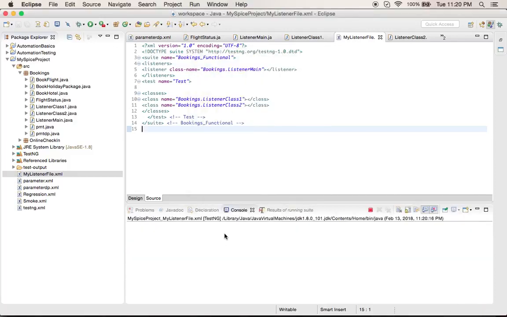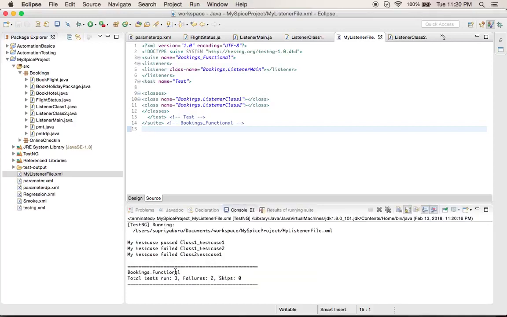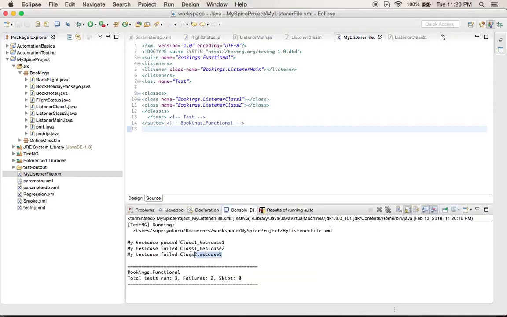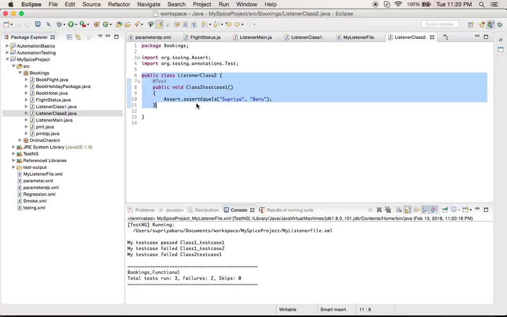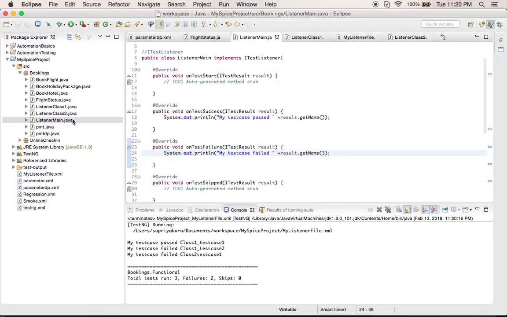So you should see two failures here. Alright. So if you see, class 2 test case 1 that we just created is also failed. Okay, so I told you that we can make it more informative, right? So just come back here to this particular listener class, and where it says print test, whenever your test case failed, you are getting the name of the test case, right?